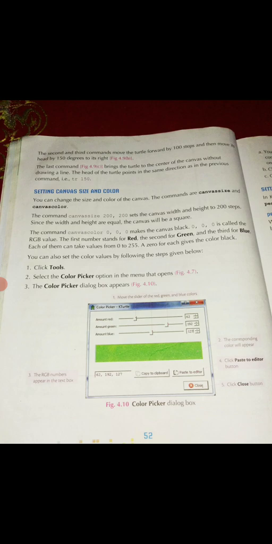If you are giving the canvas size a value similar to 120, then the height and the width will remain the same, and it will appear as a square only. If you change the values in canvas size, it will take another figure. It depends upon your choice what values you want to give.